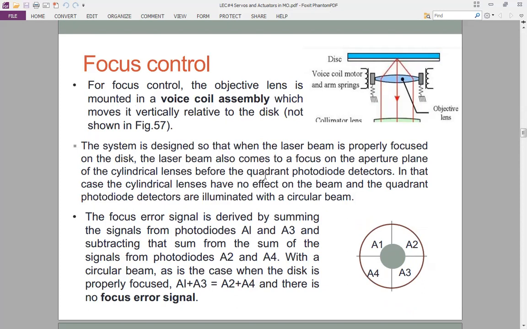So in this diagram here, if this disk moves slightly up or lower so that it interferes with the distance between the objective lens and the disk, then an error is generated. But the question is, how is that error coming about? That error is monitored using the